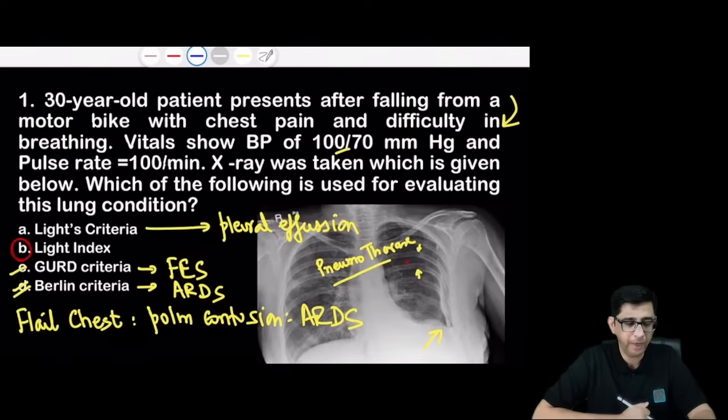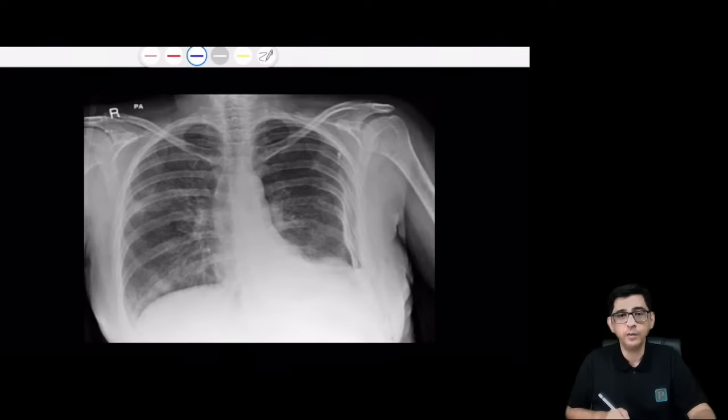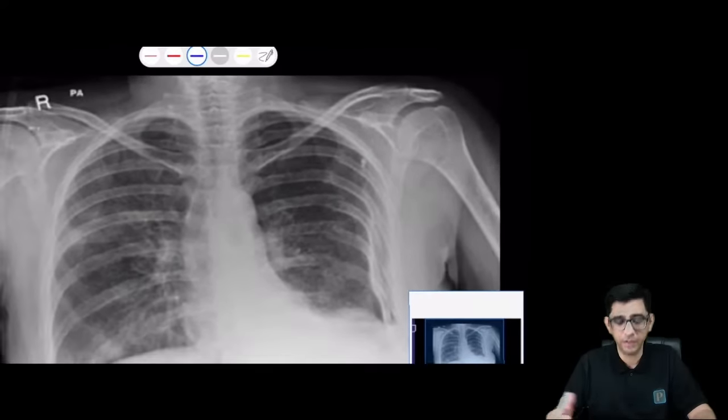Participation was good, but then the answer was option number B for this one. Slightly a difficult one, yes, to ignite your brain. That is why I did it. And this is the same X-ray once again. In this X-ray, once again, what I'm showing is